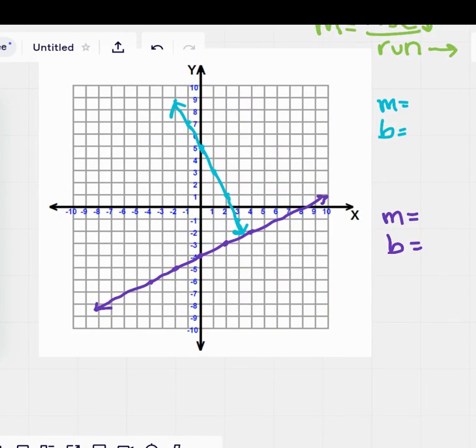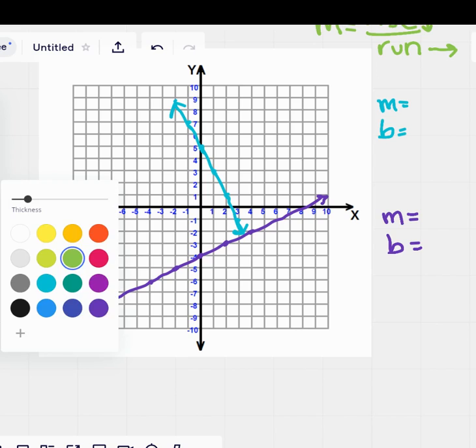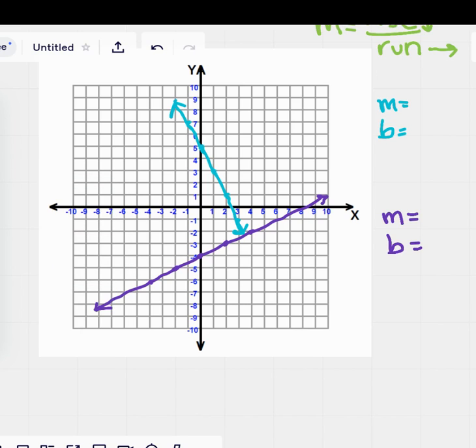So to write an equation in slope-intercept form, you need two things, an m and a b. In other words, you need slope and y-intercept. So let's see if we can figure out what those are. It's pretty easy to start with the b, the y-intercept, because what that means is if we're looking at a coordinate plane, we know that on a coordinate plane,